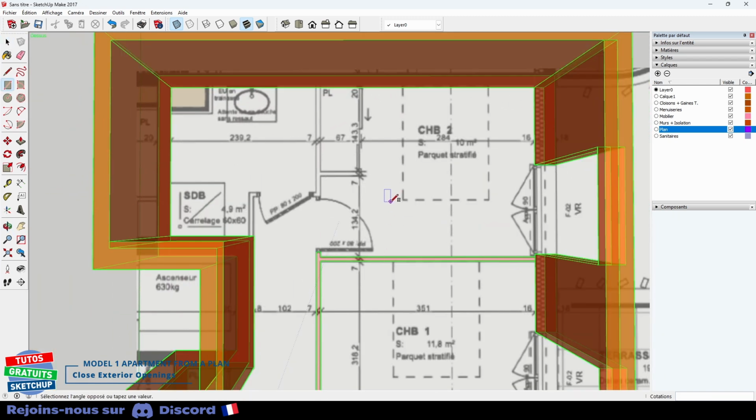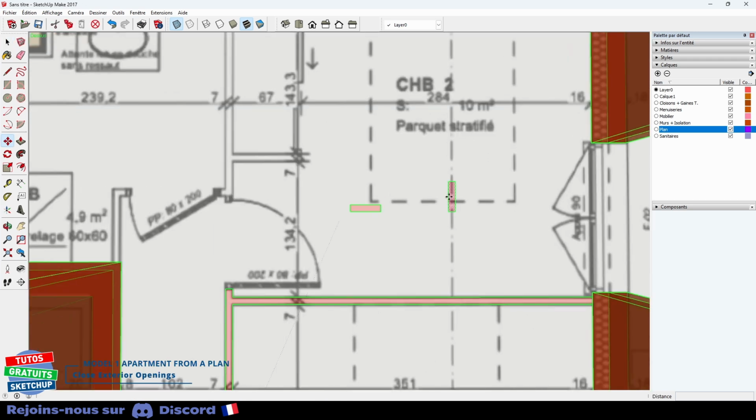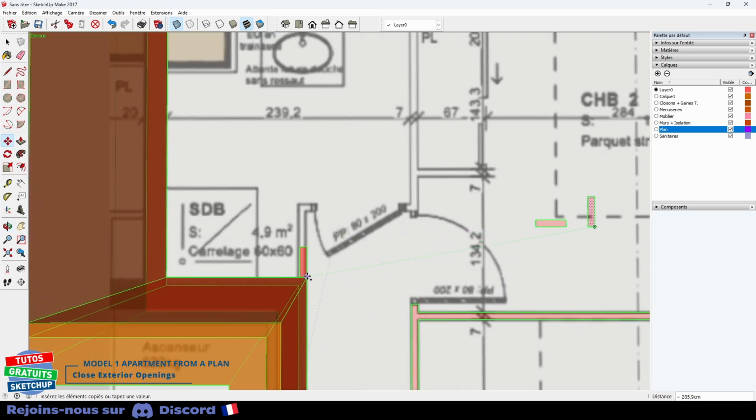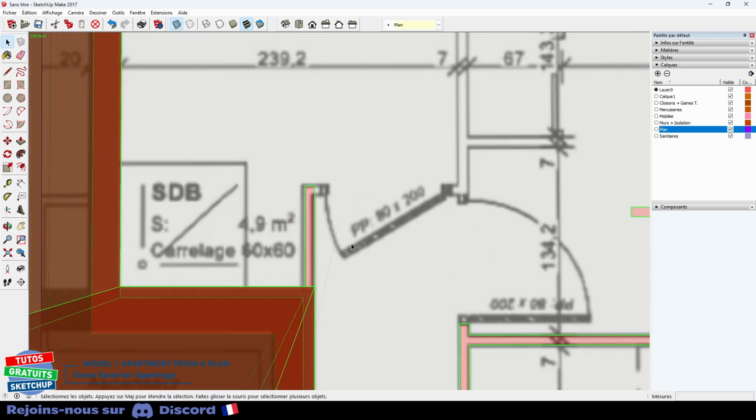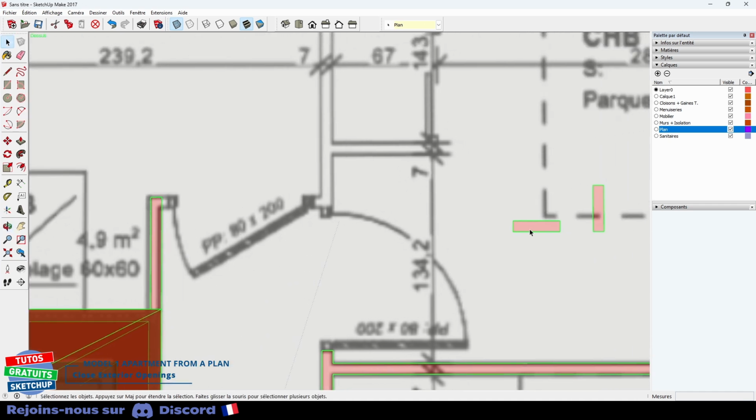I simply draw a rectangle which is 37, for example. I'm going to copy it. I turn it 90 degrees. I will use these two models to copy them. Move, Ctrl, from that point. I'm going to line up here in the corner. Spacebar, I select the top edge. Move tool, I move along the green axis to here. This way I don't need to type the values of my rectangle.